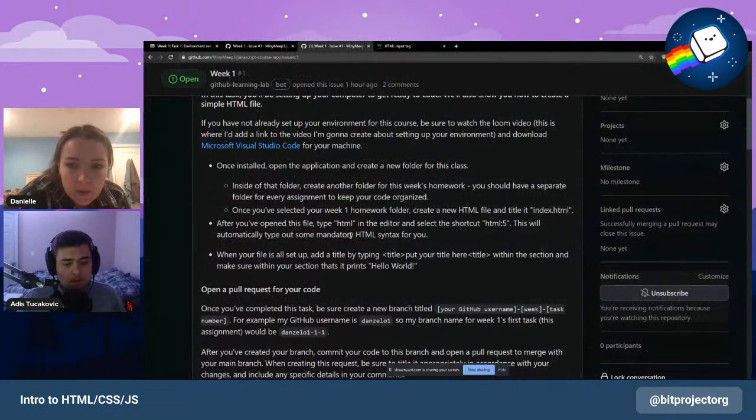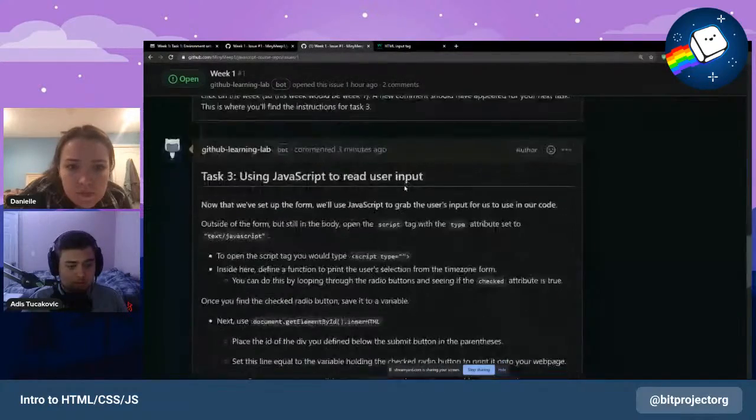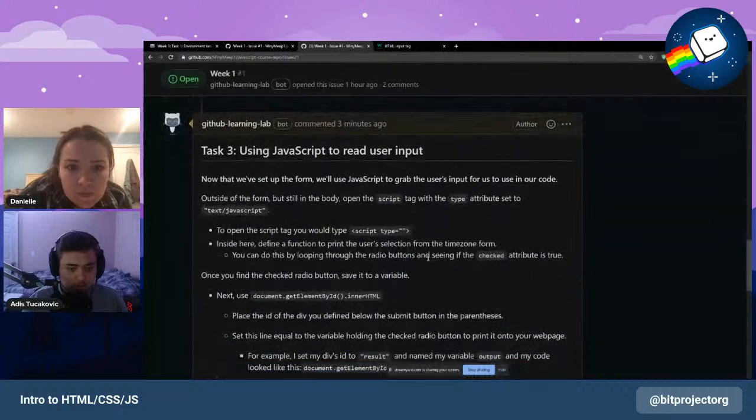Okay, so can you go back to the GitHub thing? This is task 1. Scroll it all the way down. It's right here. Okay. Yeah, so use